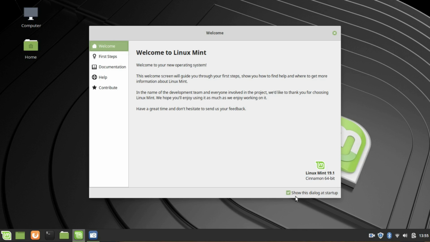Now, first and foremost, you'll see this little tick down here that says show this dialog at startup. If you have this ticked, you'll see this every time you restart your computer. So if you don't want to see this every time, you just uncheck that box. And basically this is just here to introduce you to Linux Mint and walk you through the first steps that it recommends you do. So if we go down here to first steps,